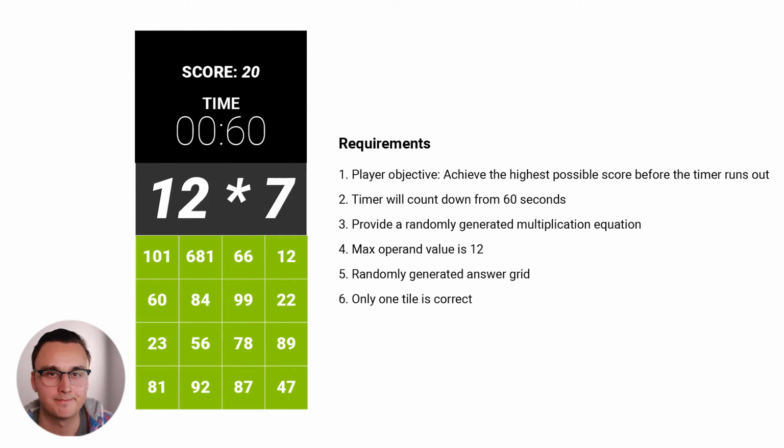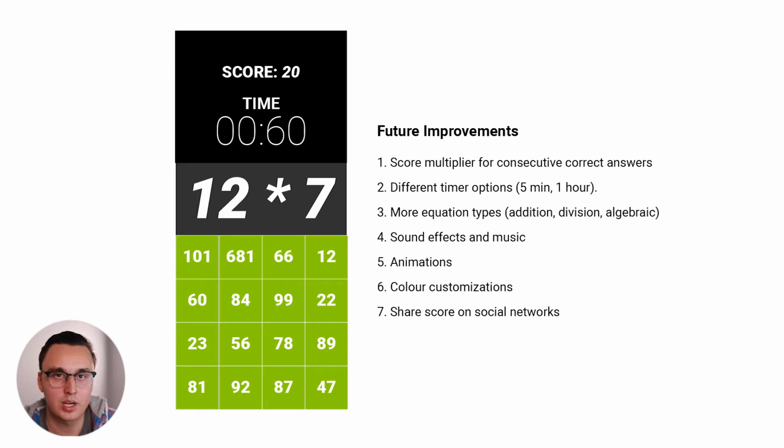the correct answer. And within future iterations of this game, as we tune it and make it more exciting for our players, there's going to be many customizations and improvements that we can make. We can create a score multiplier for consecutive correct answers, meaning that if I get 2 answers in a row correct, it's multiplied by 2, or 5 answers in a row correct, that particular score is multiplied by 5, and so on. We can add different timer options, so maybe allowing the player to play for 5 minutes, maybe an